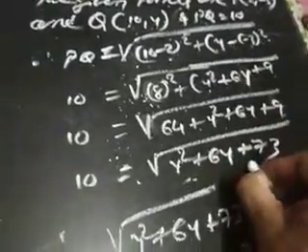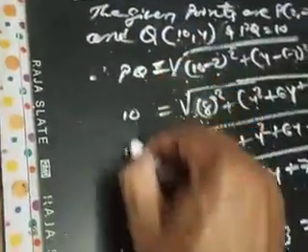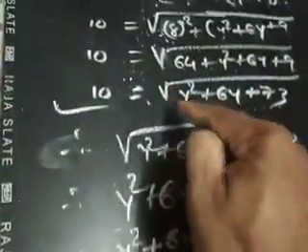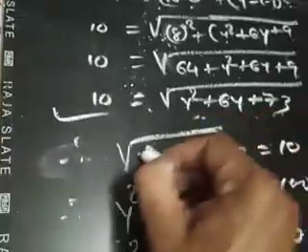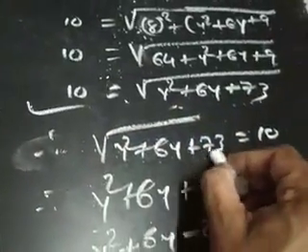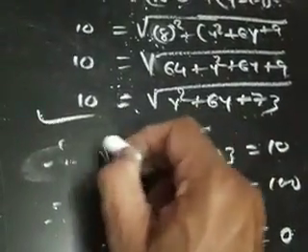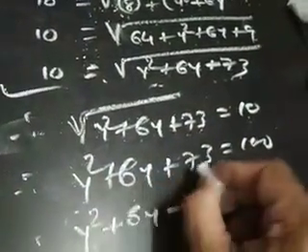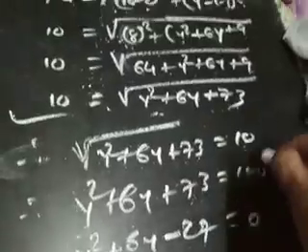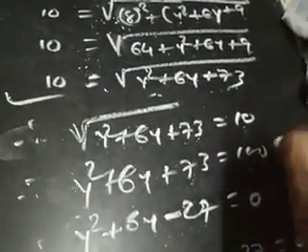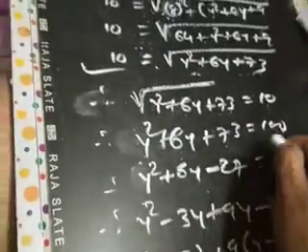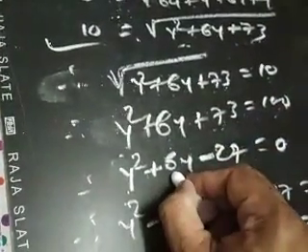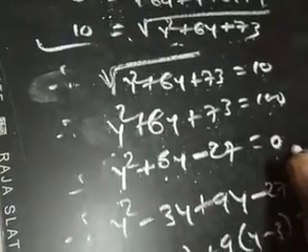So we get this equation, and here on this side PQ is equal to 10, the given distance. So now I change the side of this. Okay, so I write this side like under root y square plus 6y plus 73 is equal to 10, and now I remove this square root, so I have to square this side. So y square plus 6y plus 73 is equal to 100. 10 square becomes here 100. So after then we bring this 100 to this side. So y square plus 6y minus 27 is equal to 0.